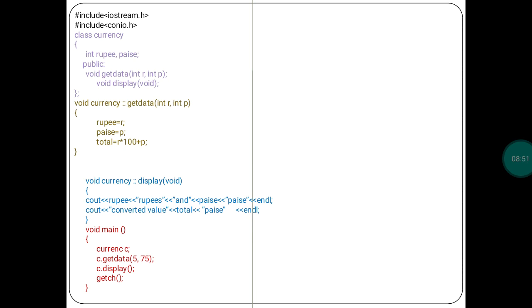Then after that, how to define the objects, how to use arrays in the member classes, array of objects and objects as function arguments. These 4 to 5 concepts will come under this chapter, and this chapter will be asked in the annual examination for 6 marks. One question will be asked for 5 marks, another question for 1 mark. 2 questions will be asked from this chapter.